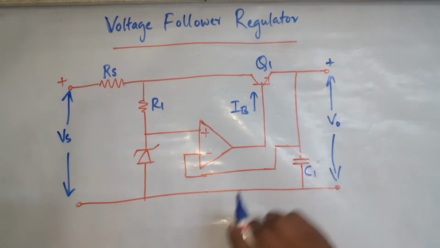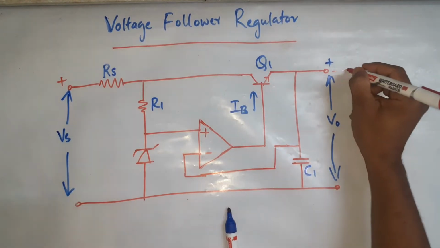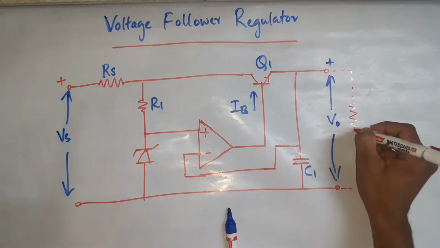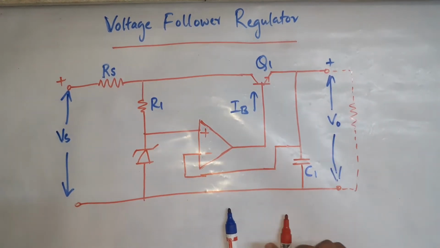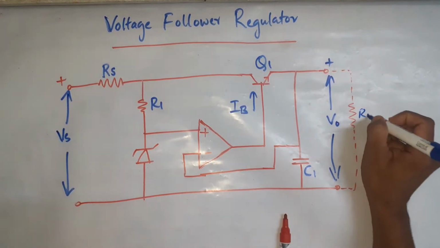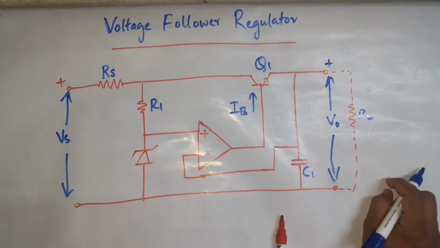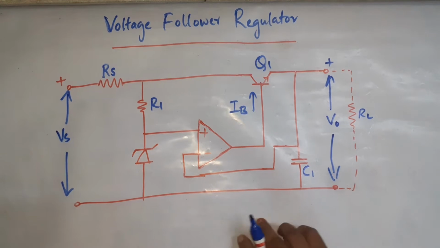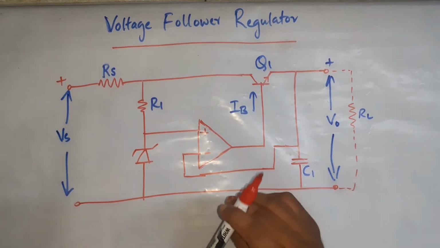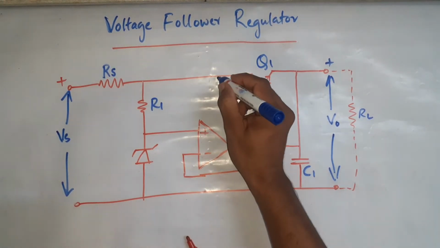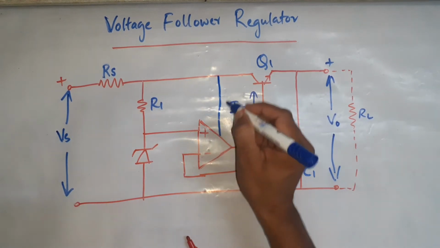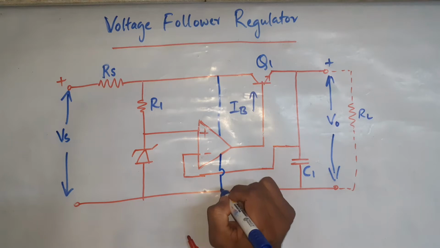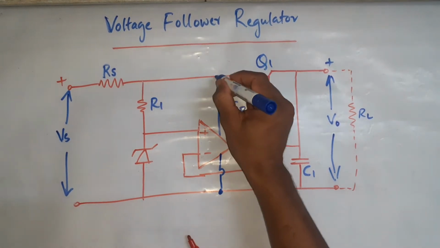So here I can say there is a resistor. I have not drawn it here, not written here. Then what else is remaining? The supply voltage. The supply voltage for the op amp is nothing but the supply voltage of Vs. Okay, just like this.